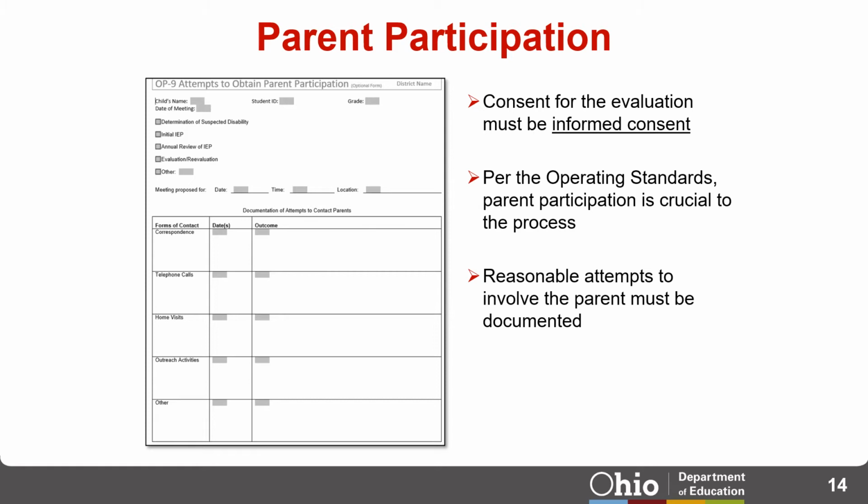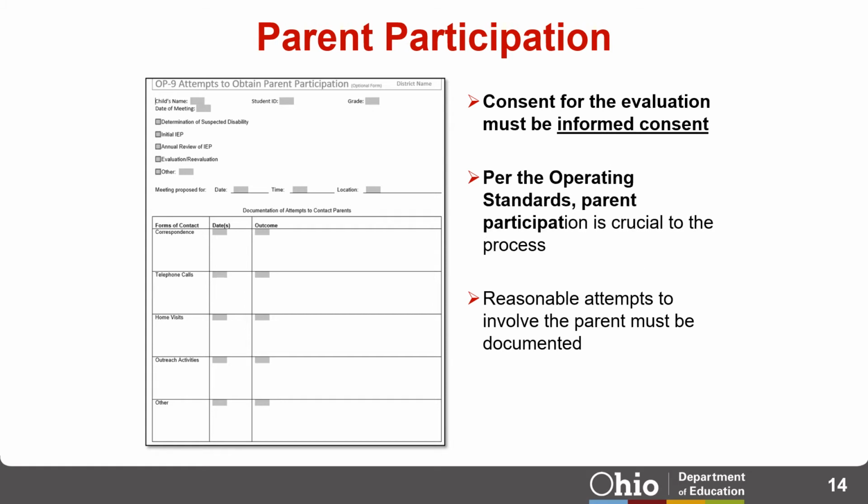Let's take a closer look at what is meant by must include the parent in the ETR planning process. Consent for the evaluation must be informed consent, showing that the parent was involved in and understands the planning process. This must be documented by a signature and date or notation of opportunity to participate on the evaluation planning form. It is important every effort is made to involve the parent in the evaluation process and to gather any relevant information about the child. Many districts treat this information as optional, yet the operating standards are clear that this information